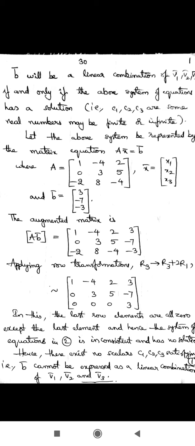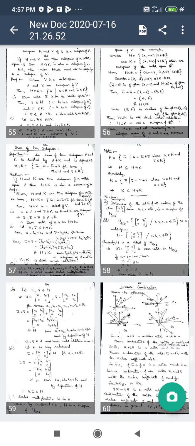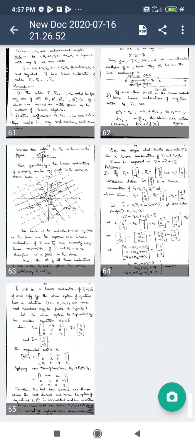And with this we have completed the topic linear combination. In the next class we will enter into another interesting and important concept, namely span of vectors, and how we can define it and how we can relate that span with this previous concept, linear combination. Let us see in the